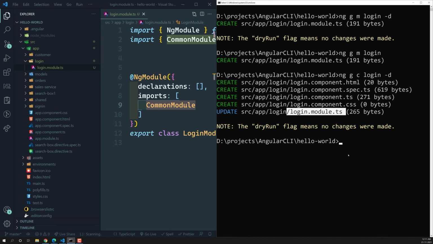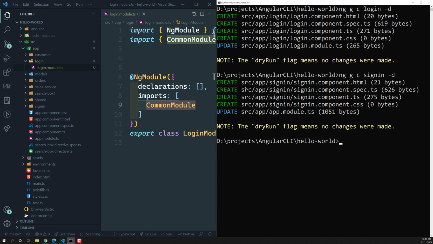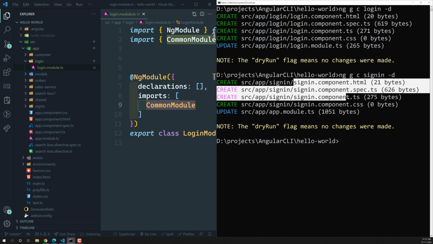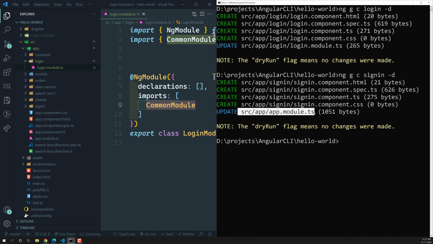For example, let's assume that you have something like sign in, not login. Let's see in which module it will get updated. I have created the sign in, with the dry run. This time it has created a sign in folder, because the component name is sign in, and all the component files are created in that folder. But this time the module file being updated is the app module, not the login module.